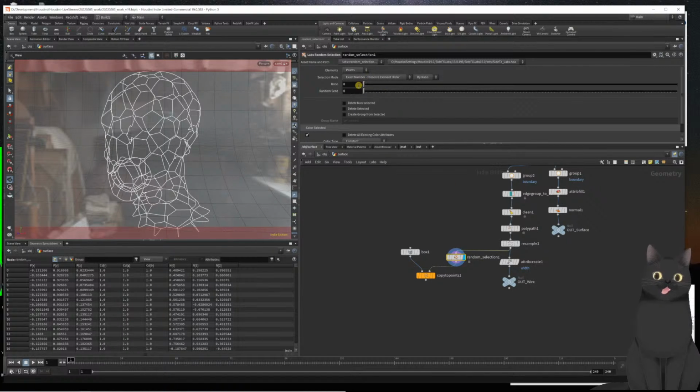And you can see automatically this node is set up to color the selected points blue. However, I don't want to color them. Instead, I want to create